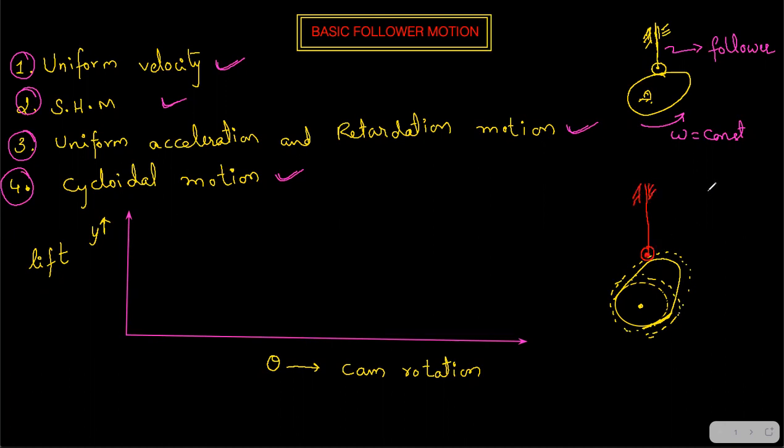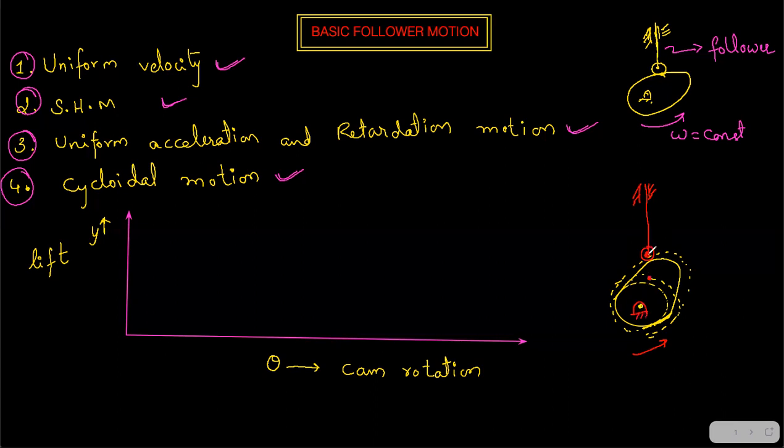What is our job right now? Our job is to study the basic follower motions. Now to study the basic follower motions, I need a point, right? So we will take the trace point itself. What is the lowest point the trace point can be in contact? Or what is the lowest point the trace point will go while the cam is rotating? What is the lowest point? So the lowest point obviously will be this point.